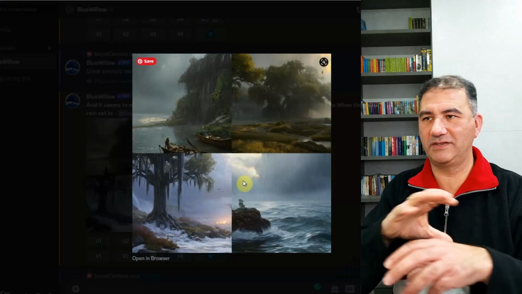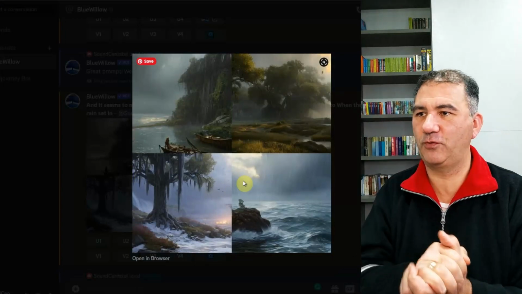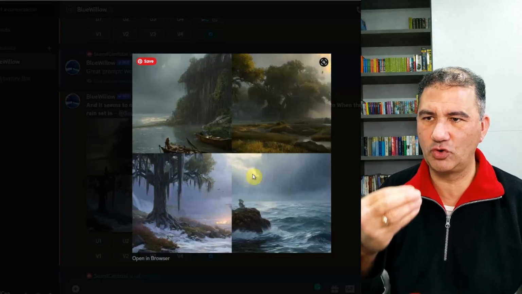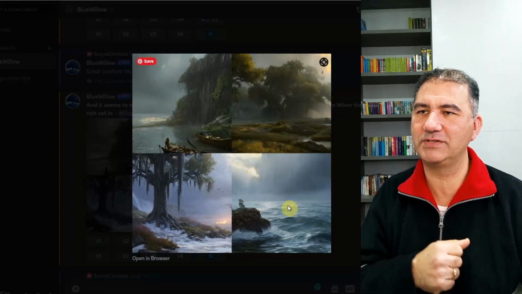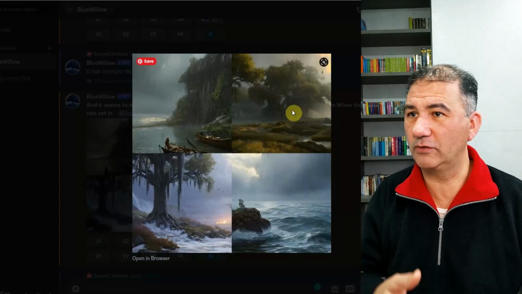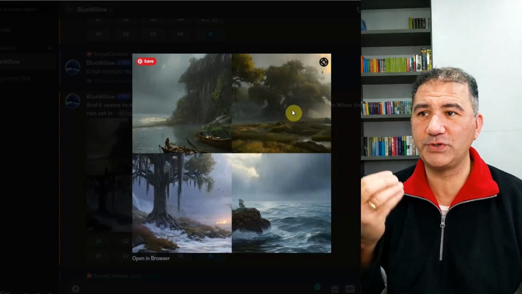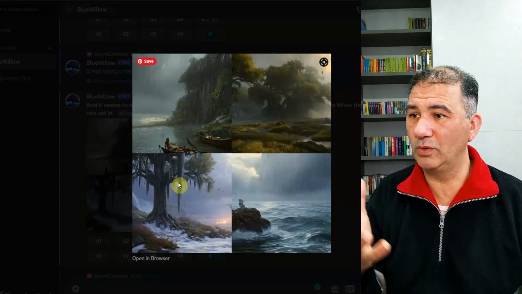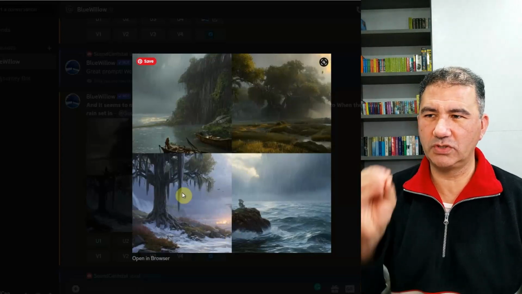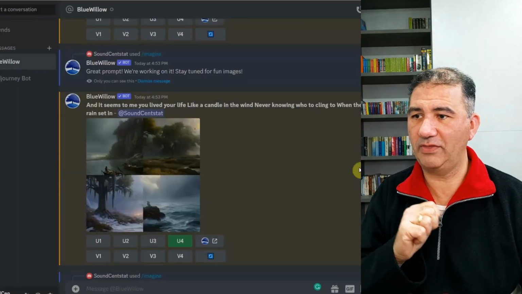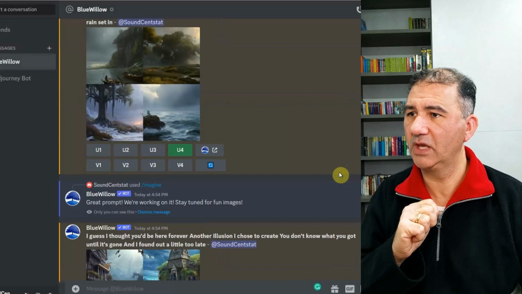Obviously, rain was the main focus for these images, but again, they're really, really nice to look at. You've got the stormy weather with rain and rain clouds in the distance. You've got this forest, again, could be a prehistoric forest. It could be an Amazon forest with rain coming down. We could even say that maybe this is an alien landscape too. So there's a lot of potential from these 4 images. So I think that was more of a hit than a miss.